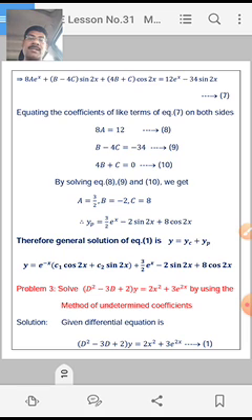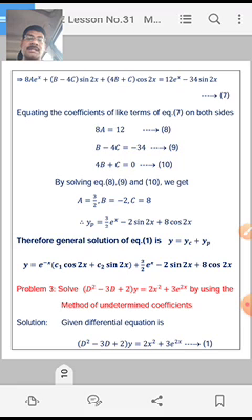and comparing the coefficients on both sides of e power x, sin 2x, cos 2x, here we get three equations, that are a is equal to 12, b minus 4c is equal to minus 34, 4b plus c is equal to 0. Solving equations 9 and 10, we get the b and c values. b is equal to minus 2, c is equal to 8. Therefore, yp is equal to 3 by 2 e power x minus 2 sin 2x plus 8 cos 2x.